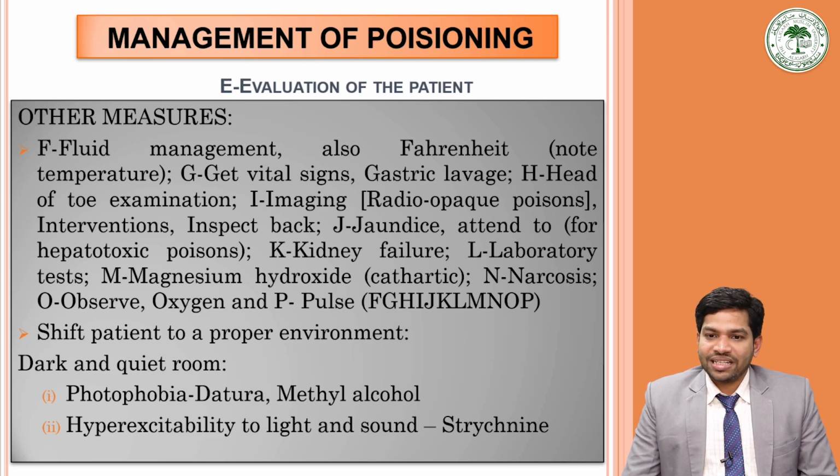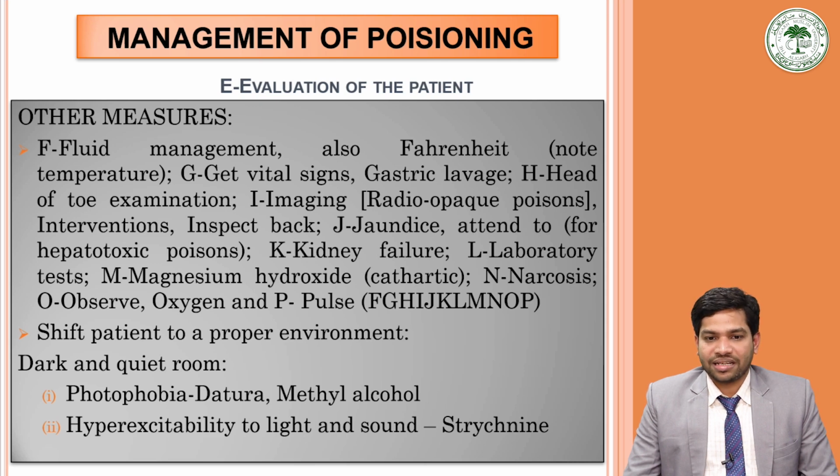G for get vital signs, G for gastric lavage, H for head to toe examination, I for imaging, radio-opaque poisons may be seen on the imaging, and then intervention, I for inspect back, J for jaundice, if there is jaundice, then look for hepatotoxic poisons, then K for kidney failure, L for laboratory test,